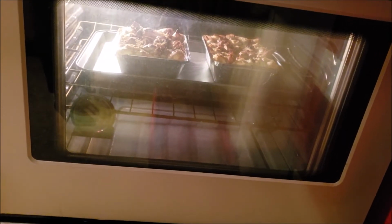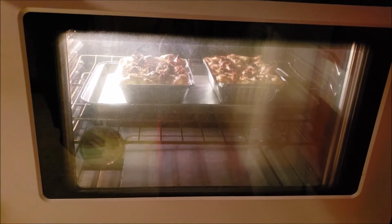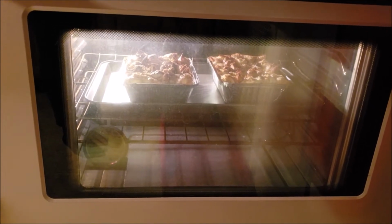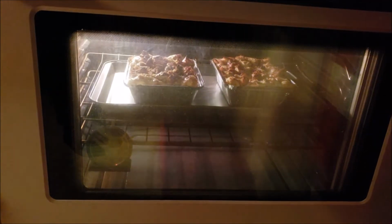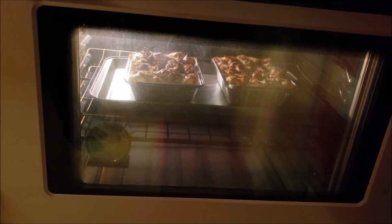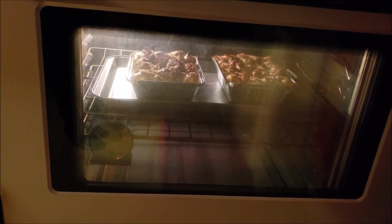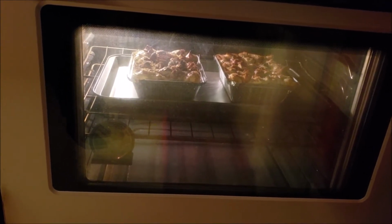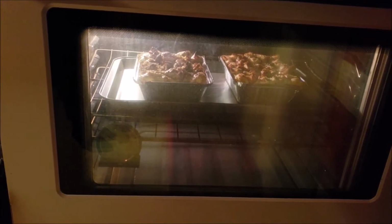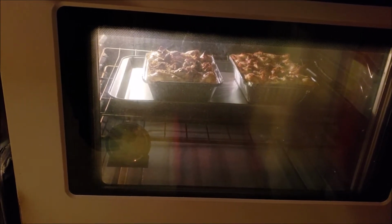So I got ahead of myself and I did not show anything of me making the bread pudding. This is a recipe that I've been using for 15 years or so. It's really, really easy. 10 slices of bread, 6 eggs, 3/4 cup of sugar, 2 tablespoons of vanilla,